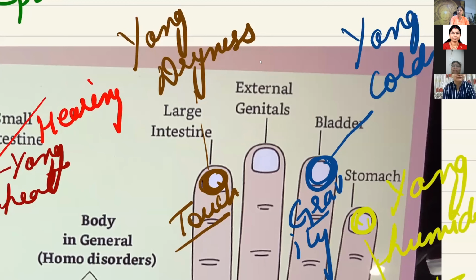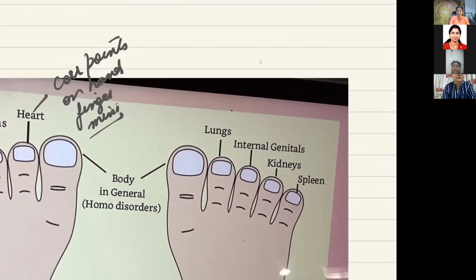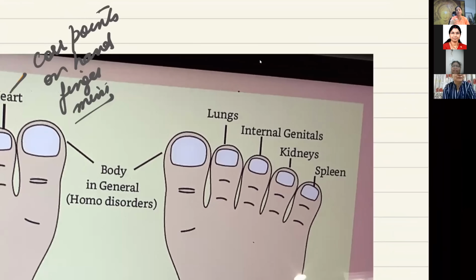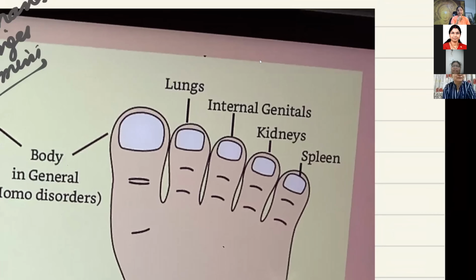You can use blue color. You can use heterohomo color here like this. And internal means internal genitals, internal reproductive organ. If a person has weak kidney, kidney dialysis,